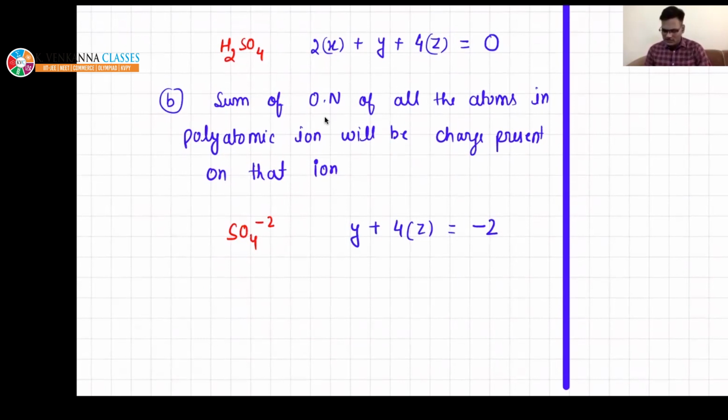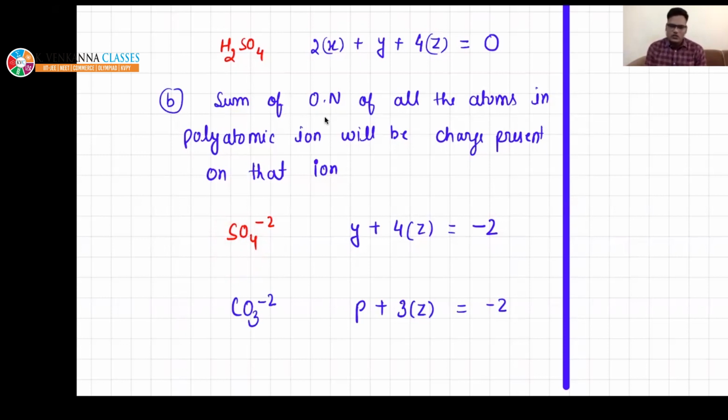So this minus charge is on the whole. It is not on oxygen or sulfur. We consider that it is on the complete complex ion, right? So in any other complex, like the carbonate ion, let's say the charge on carbon is P, on oxygen is Z. So P plus 3Z must be equal to -2. Is that okay, beta? So if you know Z, then you can easily calculate P.